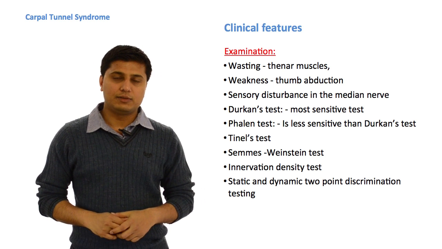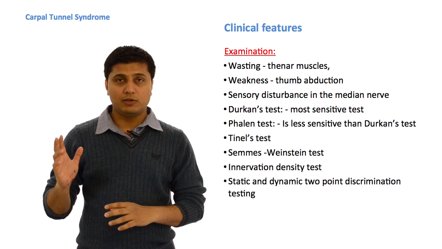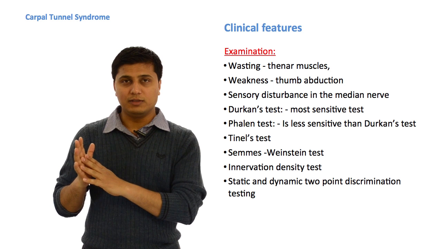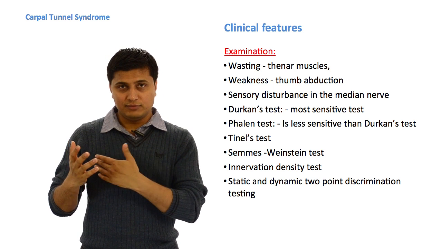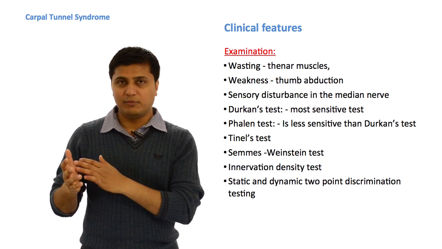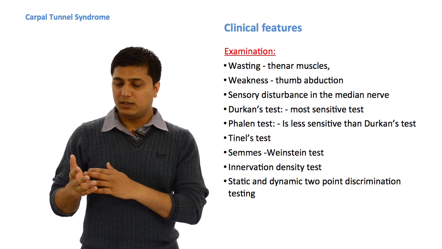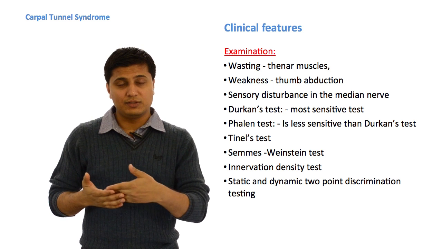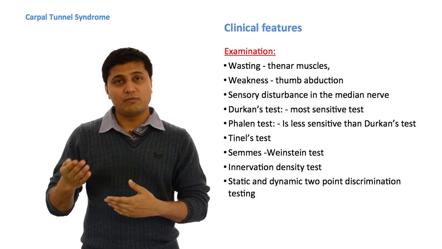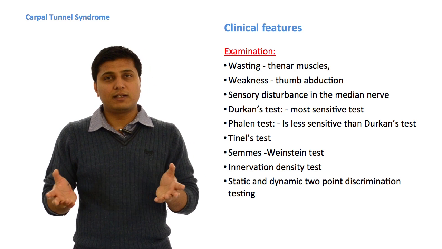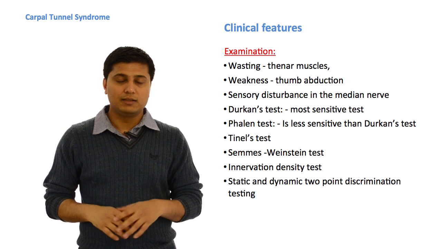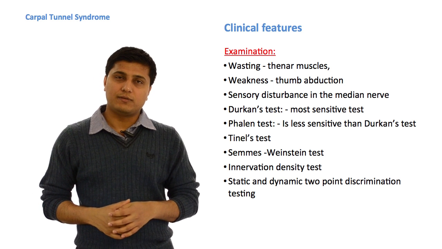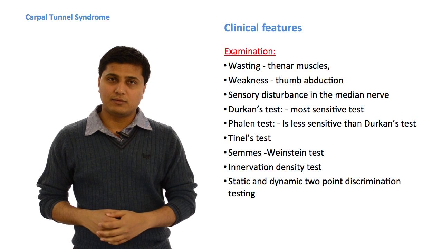Let's look into the clinical examination findings. If you look at the hand, it may appear completely normal in most cases, or in severe or long-standing cases, there may be weakness in the thenar muscles. There may be sensory disturbance in the distribution of the median nerve, and weakness of abduction. These are the general findings, but there are some specific tests which we can do to confirm the presence of carpal tunnel. The most sensitive test is